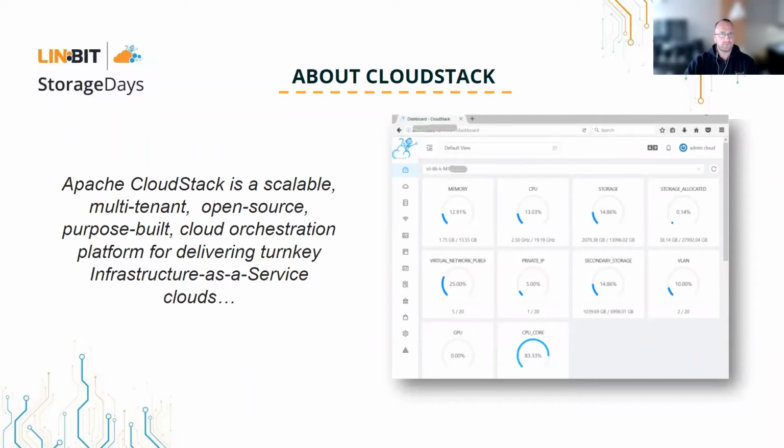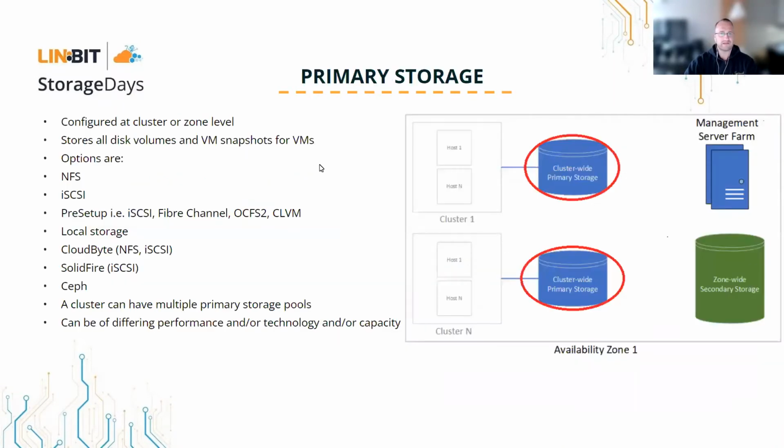Right. Can you go please to the next slide, Yusuf? Thanks. So talking about the primary storage, it's effectively your storage pool, whatever technology you might be using behind that, used to host live VM images. So volumes of the VMs are located there, and depending on the storage that you use, VM snapshots are also located there. If you imagine your VMware setup, for example, when you create a snapshot, it is still there